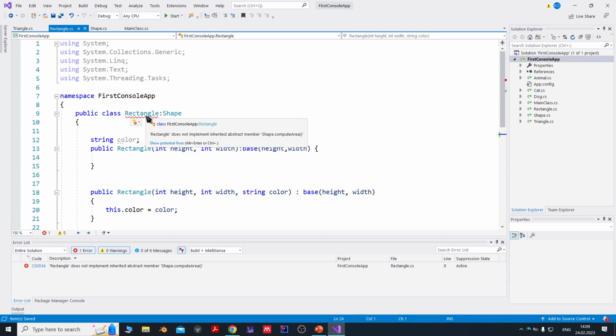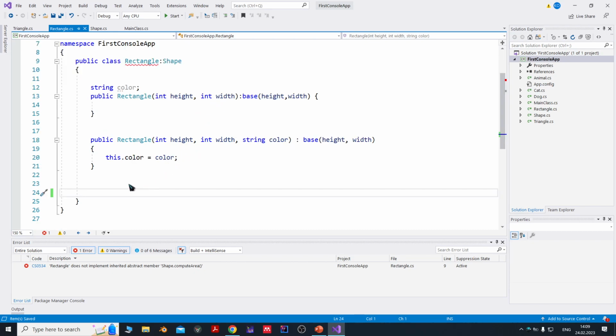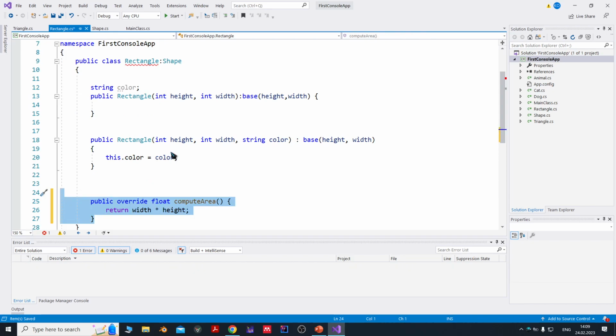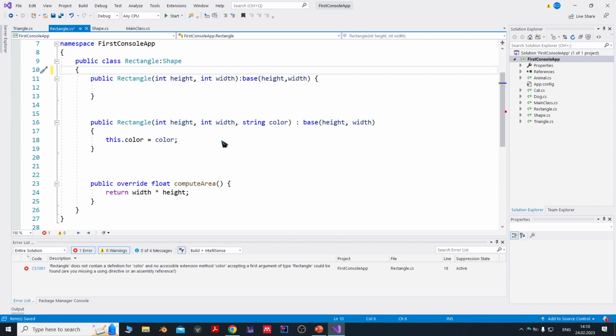Otherwise, if rectangle tries to call that method, there will be a problem because there is no such method here. So it's somehow forcing you to use this implementation. That's why abstract classes are extremely useful. Maybe you don't need this one, or you can just leave it